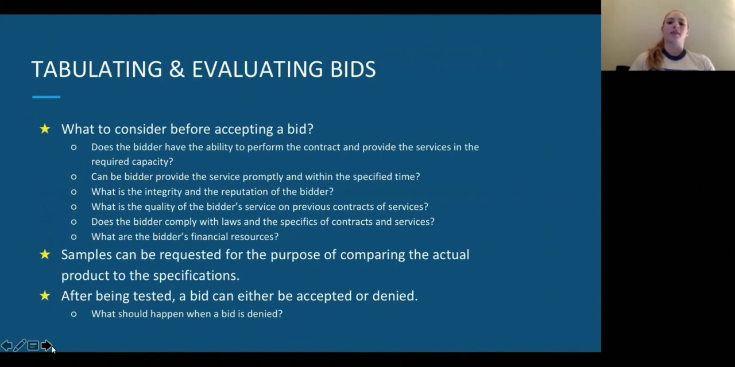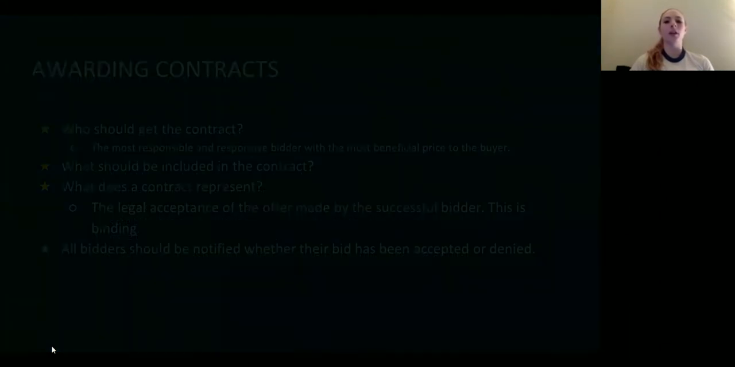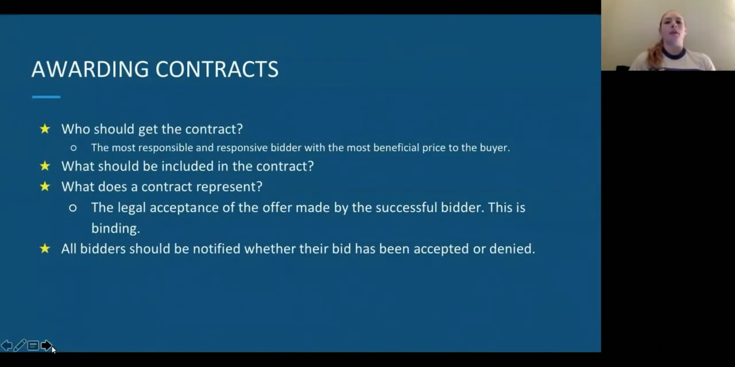Samples can be requested for the purpose of comparing the actual product to the specifications to be sure that they align. After being tested, a bid can either be accepted or denied. When a bid is denied, a complete statement of why this product has been denied should be prepared and filed for future reference. So after you find the person you want to accept their bid, you need to award them